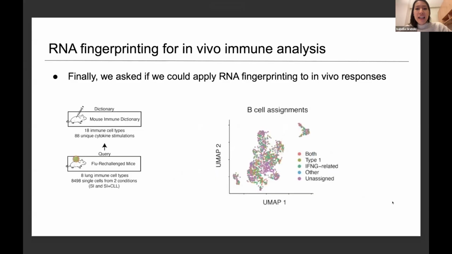The last thing I'll highlight here is that under a standard unsupervised analysis of these B cells, we don't see any separation among these different response categories. And this is because each of these types of B cells is really differentiated by just changes in a small fraction of the transcriptome. This again highlights the utility of something like RNA fingerprinting, where we use supervised mapping to help us draw out these subtle but biologically meaningful effects.